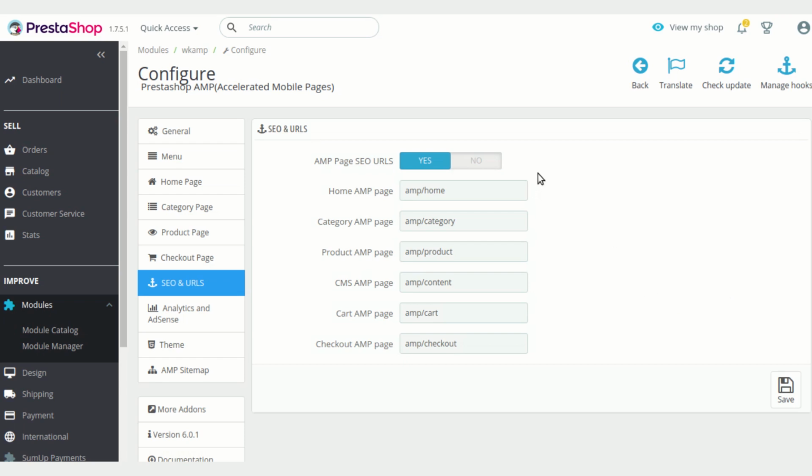If you enable this option, AMP page SEO URLs, then you can configure the SEO URLs for different pages of your website for the AMP mode. In case it is enabled already, and you want to customize the URL of any of your pages, that is home page or category page, particularly for the AMP mode, not for the website mode,